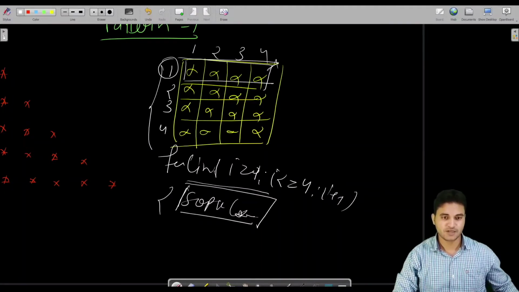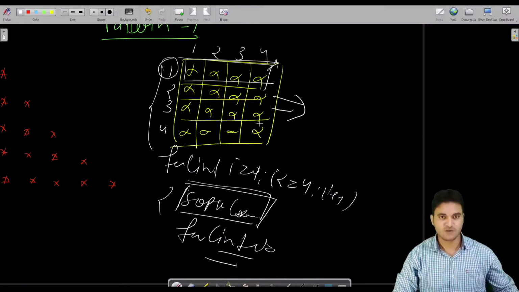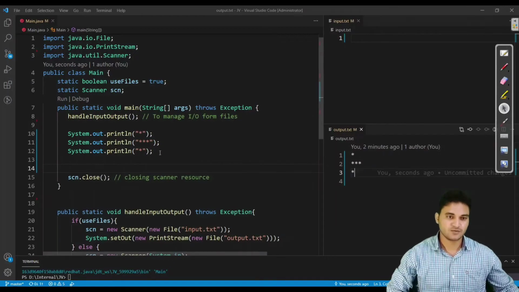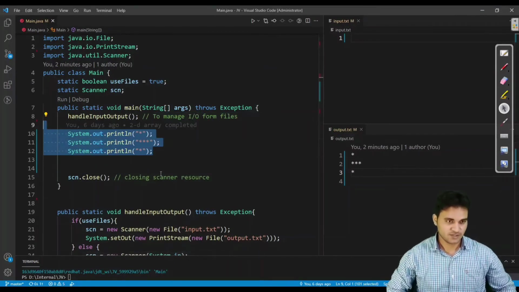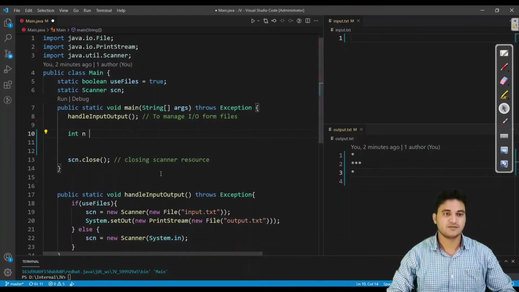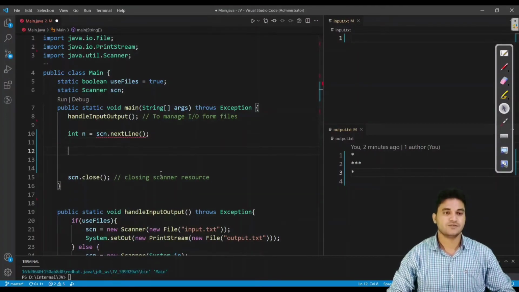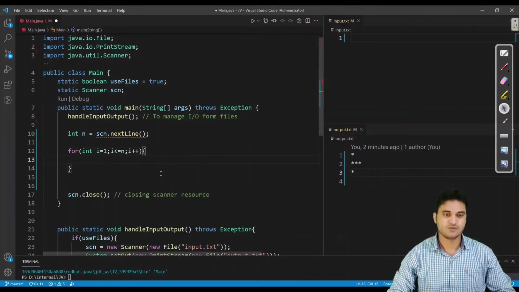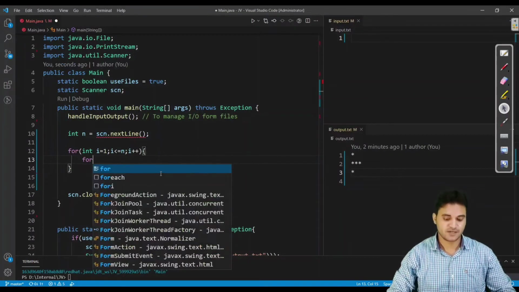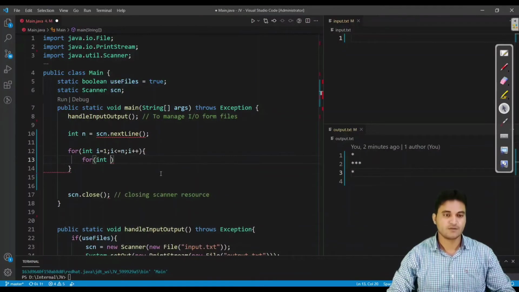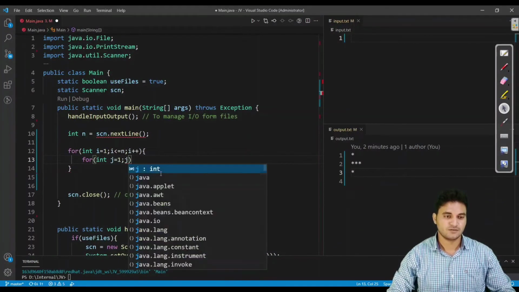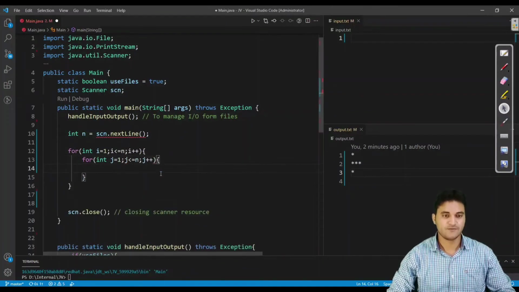So for printing stars I will write another loop. Let us see how we can print the square shape, then we'll come to the pattern. This is also necessary to explain before starting with the patterns. So int n is equal to, this number would be taken from the user. What is the size of the square the user wants for the pattern? Now I start from 1 and go till n. I have to print n rows, and in each row I have to print n stars also. So for that I will write another loop, int j is equal to 1, j goes till n, and j plus plus.